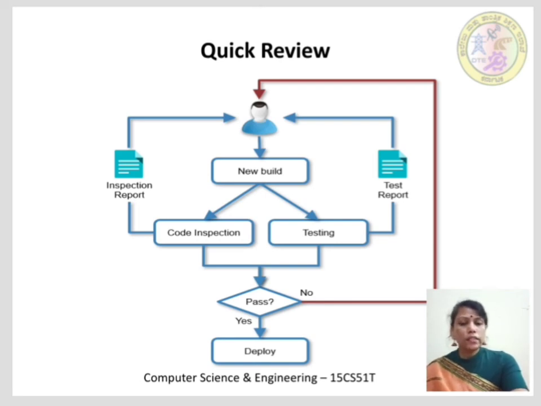In testing, tests are implemented and can be run automatically with every build, and it makes sure old bugs don't show up again. Once the build passes the code inspection and testing process, the product is going to be deployed onto the client environment. Otherwise, the build is subjected to modification in order to incorporate the defect removal process, which is identified through code inspection or through the testing process.